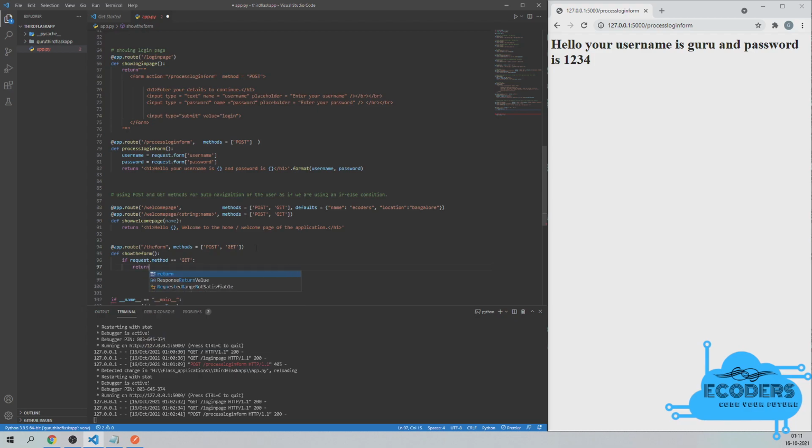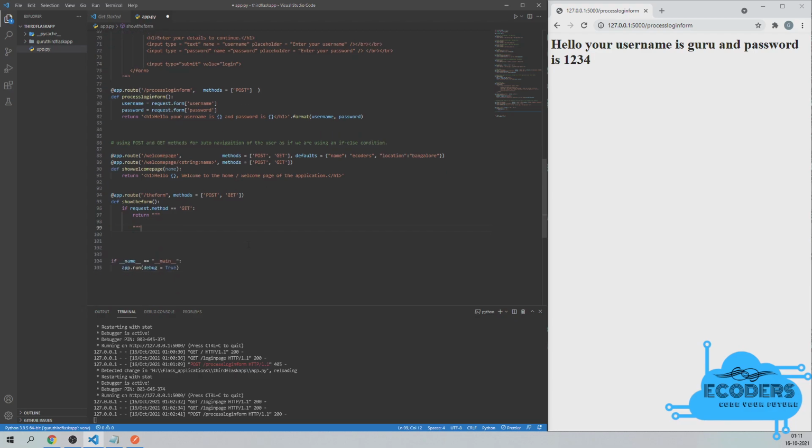So I'm going to return that HTML form like this. But if that is not the case, it will come to the else block and it will directly take him to the welcome page.